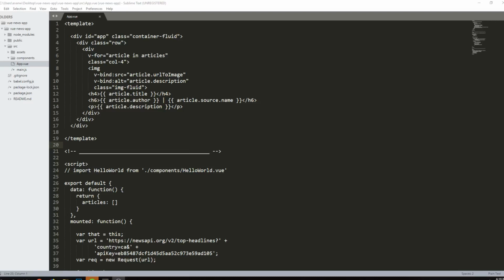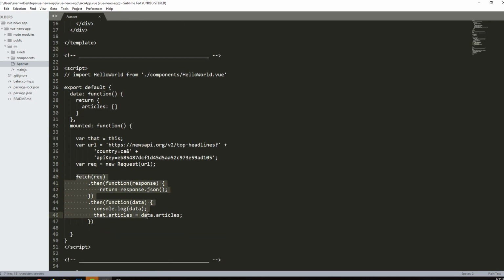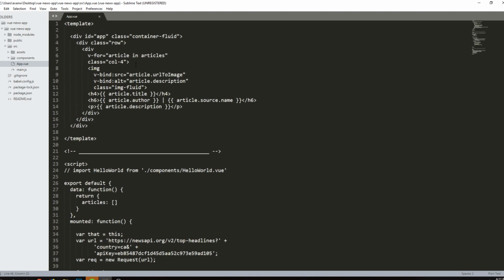This is part 2 of our Vue News application using the vue-cli and the News API, part of a larger project to really showcase how we can build a more dynamic project like this and capitalize on it in more meaningful ways going forward. So where we left off is we had our project functioning. We made a fetch request to the News API and we're successfully returning articles and using them to populate our